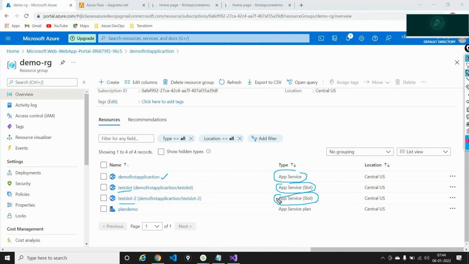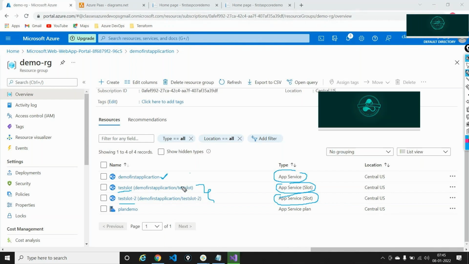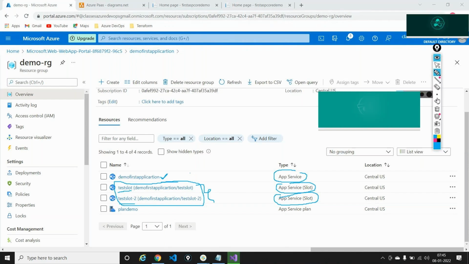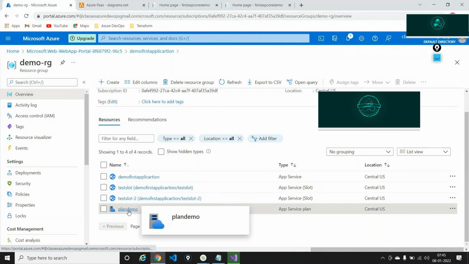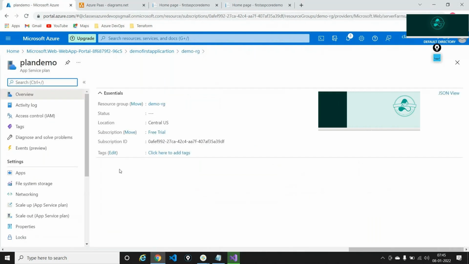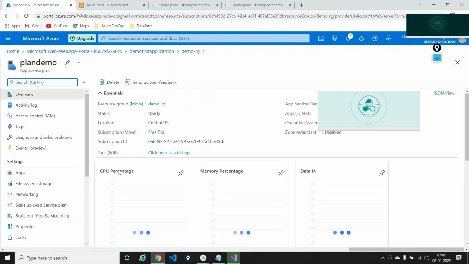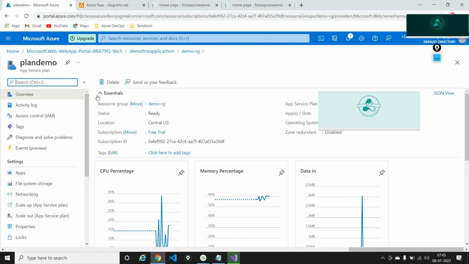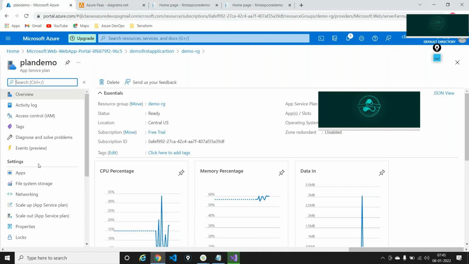So one question can be that, you know what, you are going ahead and creating one application, great. You're going ahead and creating multiple slots. Aren't you charged for this? Answer is no, you are not. You are charged on the plan, not on the applications. Meaning, under one app service plan, you can have multiple applications that are actually running there. You are actually charged for this plan out here.